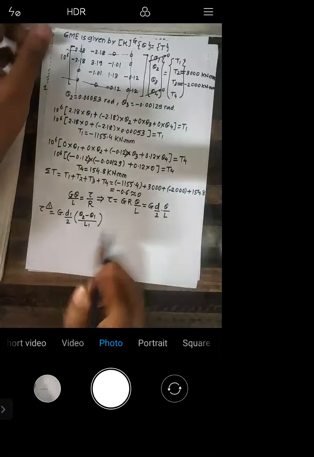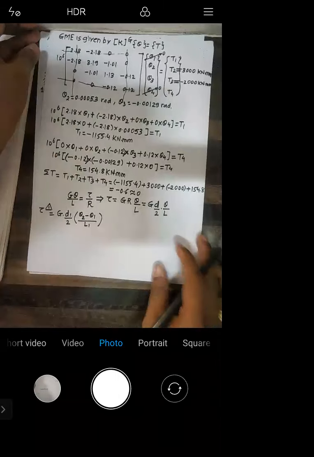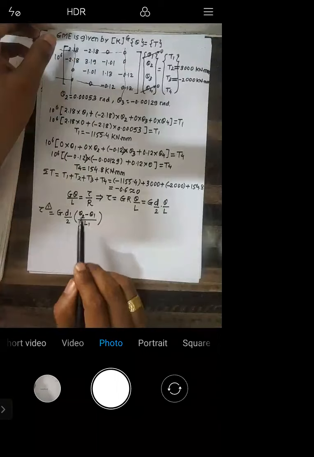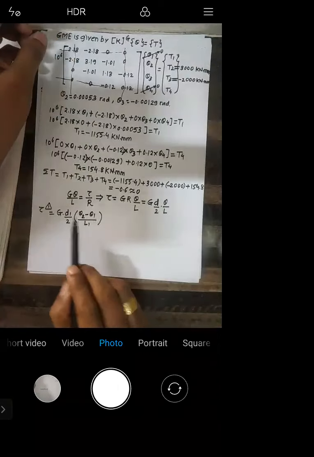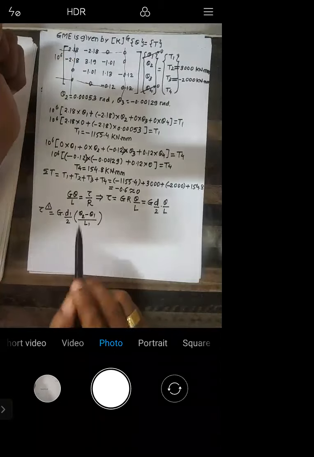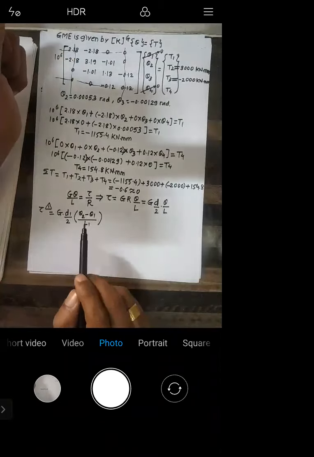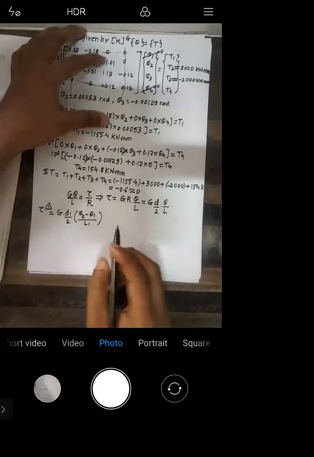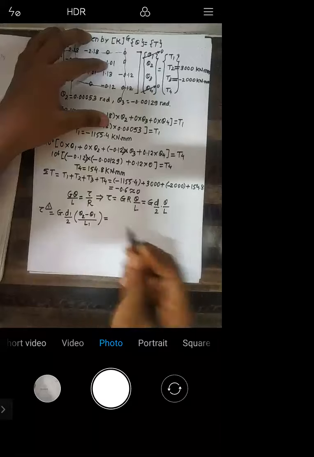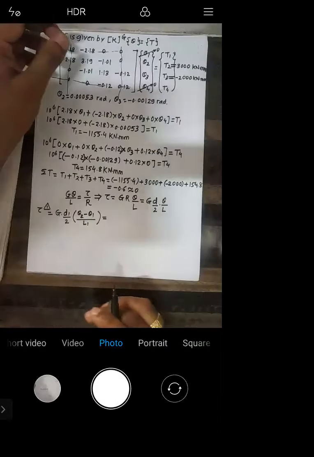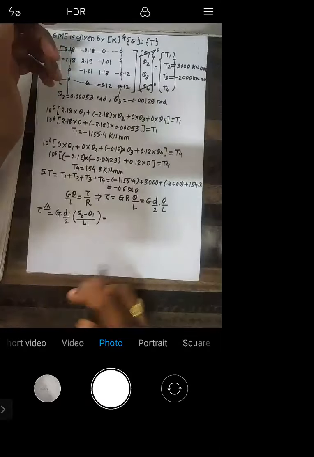Previously, in the problem seen for the axial load, we used to calculate U2 minus U1 by L1, change in length upon original length. Here it is theta 2 minus theta 1 by L1. Have you understood this one or not? Let me know. Yes, sir. Because in the previous problem displacements were linear. In this problem displacements are angular, right?